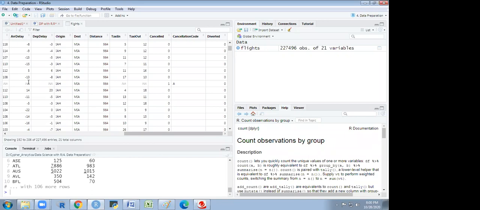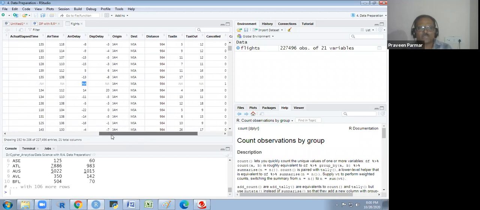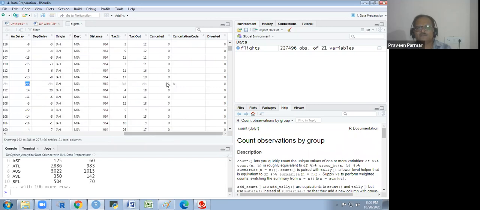Why are we getting missing values somewhere? That is not basically a missing value; you could not fill it. Sometimes people do: oh, arrival delay, how many missing values are there? We find the mean of this and fill it. Why should you fill this? Because there was no flight. The flight was cancelled. Understand this?